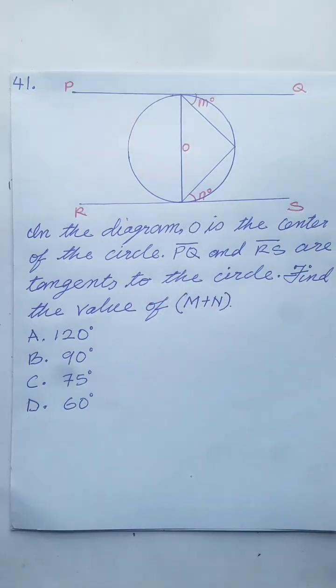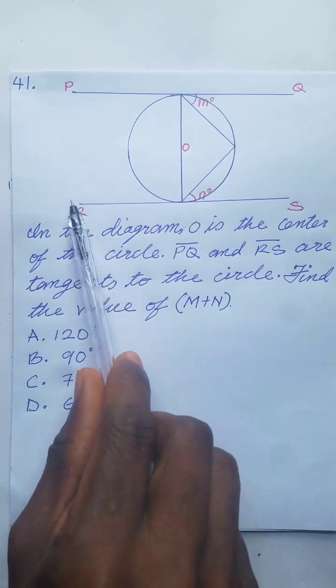They have not given us enough information for us to find the value of m separately and n separately, but we can do something to get m added to n as a value. Let's go ahead and use our knowledge of circle theorems and see what we can bring out from the question. We know that when we have a tangent,